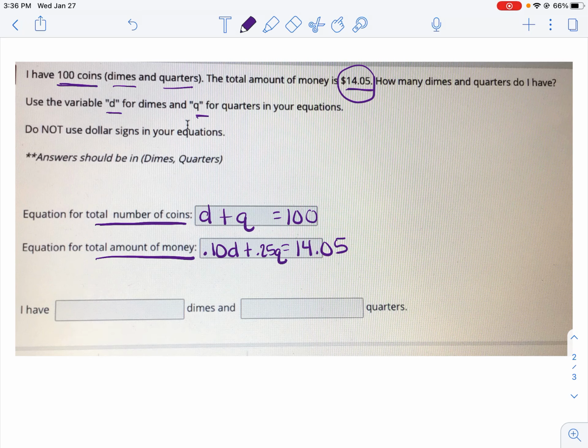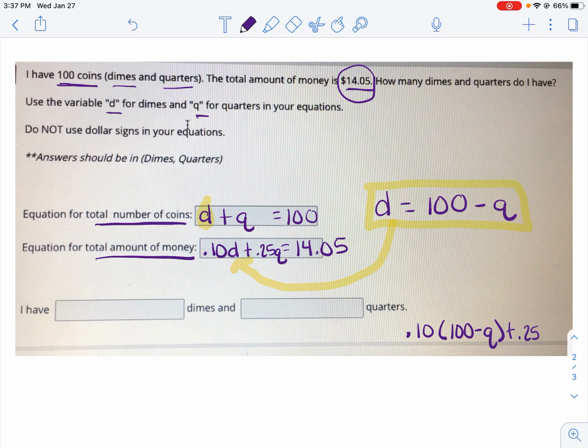Now we look and say, do we have a single variable isolated? Well, we don't, so we need to do that. So on the first one, they're alone. There's no coefficients. It's just a 1. This one, we can go ahead and isolate. So we'll get D by itself. So we're going to say D equals 100 minus Q. So we can use that for our substitution. So everywhere in the other one that we see a D, we can plug in that. So let's do that. So we have 0.10, and then we're going to substitute in 100 minus Q